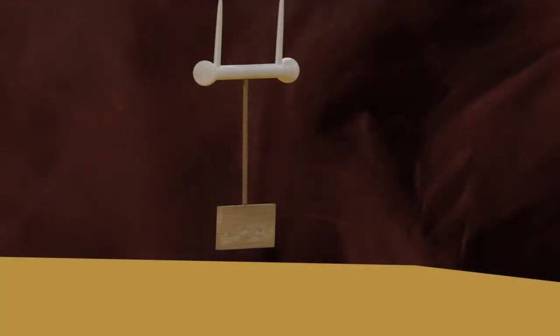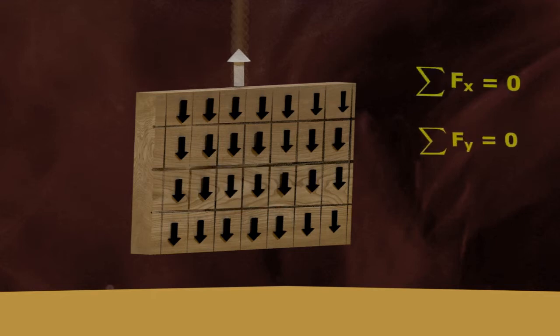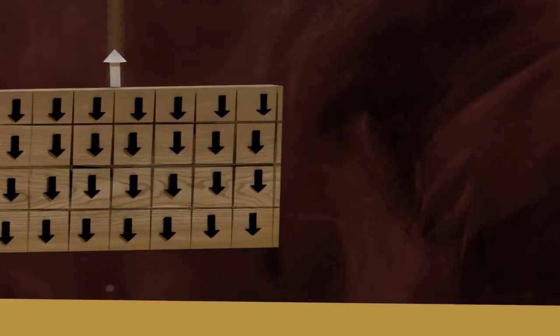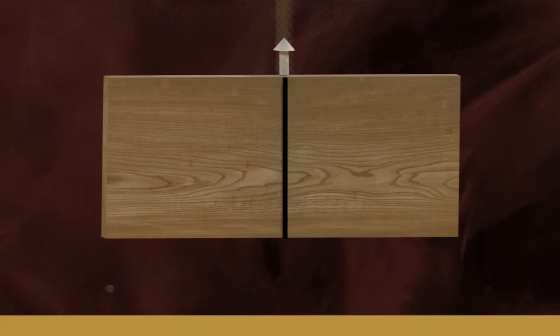Consider a suspended wooden plate of thickness d. There are two types of forces acting on this plate. First, due to gravitational force, the weight of elements of the plate are acting vertically downward. And another one is the force in the rope, which is acting in the upward direction to hold the plate in position. Now, to satisfy the equilibrium condition, that is the summation of all forces in horizontal and vertical directions to be equal to 0, the resultant weight of the plate must be on the line of the string itself, say 1-1.